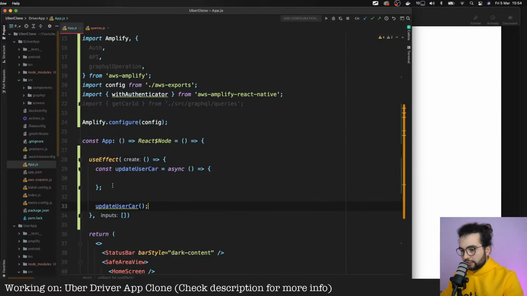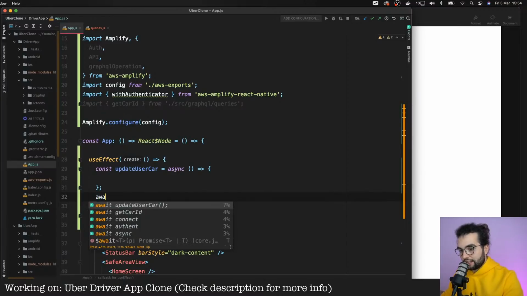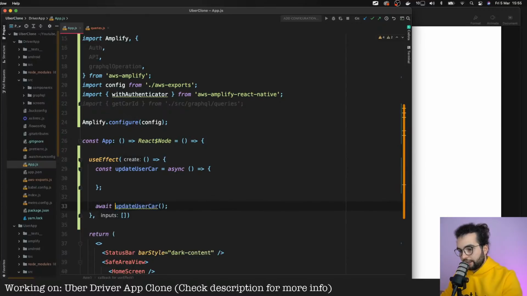We need to declare a function and then call it, because we cannot have asynchronous code directly here, so we cannot say await something, because our function is not async, and it cannot be async. So that's the life hack.